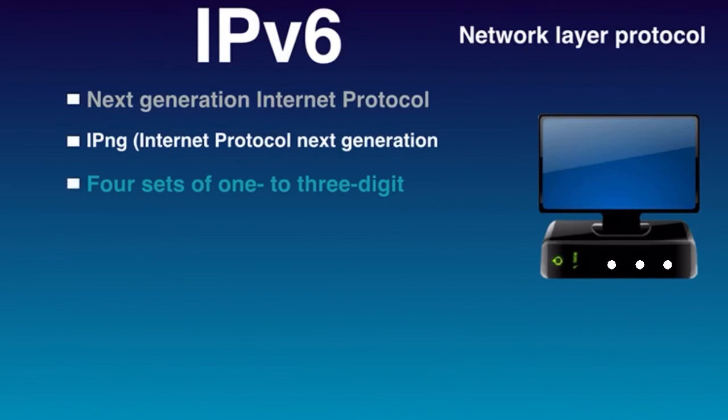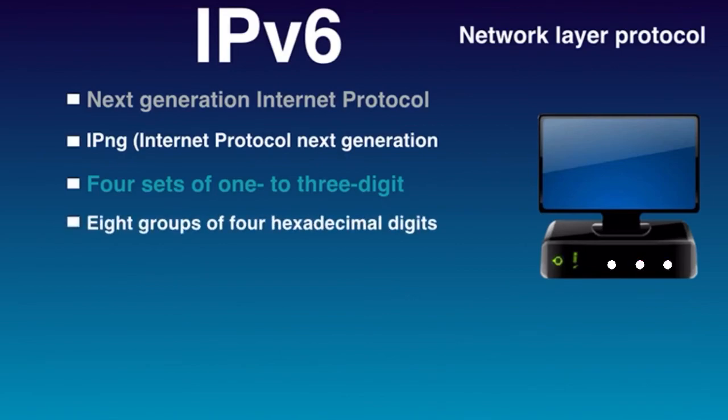The IP version 4 address method uses 4 sets of 1 to 3 digit numbers. IP version 6 uses 8 groups of 4 hexadecimal digits separated by colons. IP version 6 protocol can handle packets more efficiently, improve performance, and increase security. IP version 6 has been in the works since 1998 to address the shortfall of IP addresses. The Internet Engineering Task Force recognized this 20 years ago. In 1998, this task force created IP version 6, which uses